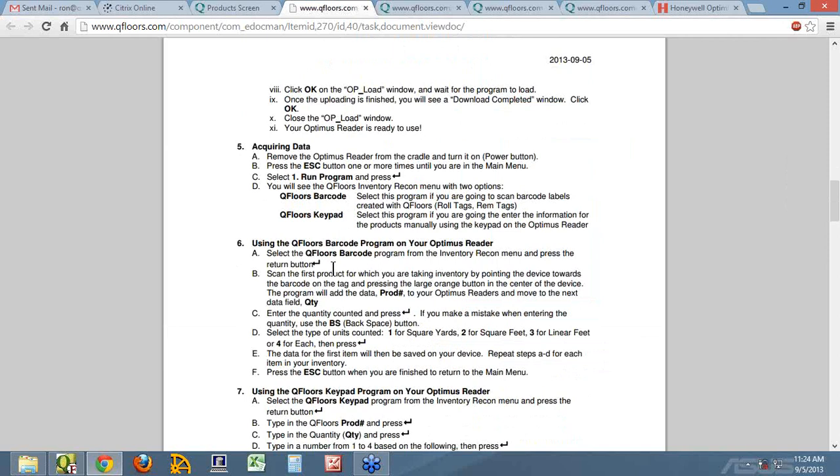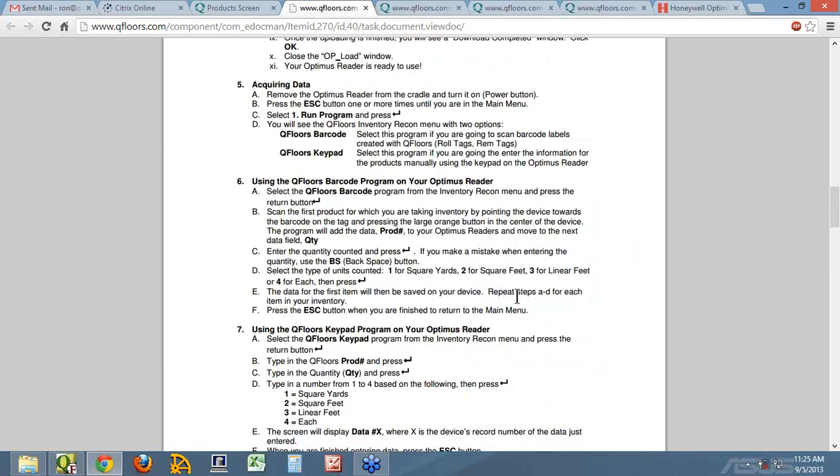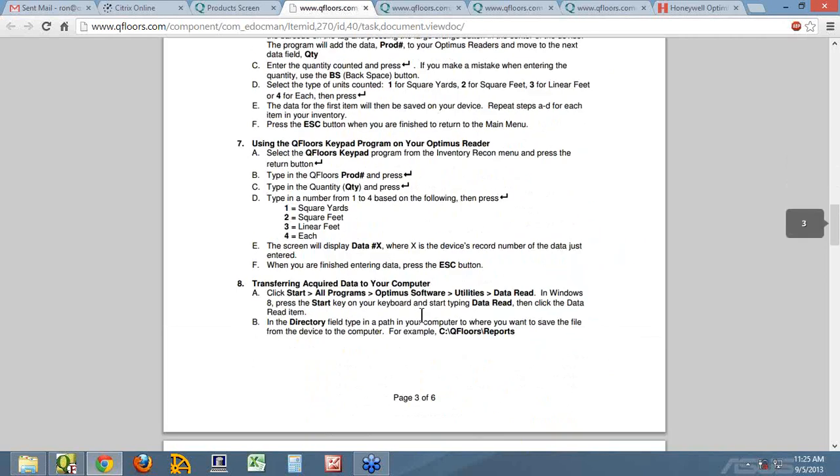And now it's ready to scan. So you're not going to see anything on screen, but I'm going to scan the barcode on the tag for product 404. So it beeps, and then it's asking me for a quantity. And so I'm going to type in a quantity, and it shows 100, and press the return key, and then it's asking, press a 1 for square yard, a 2 for square feet,